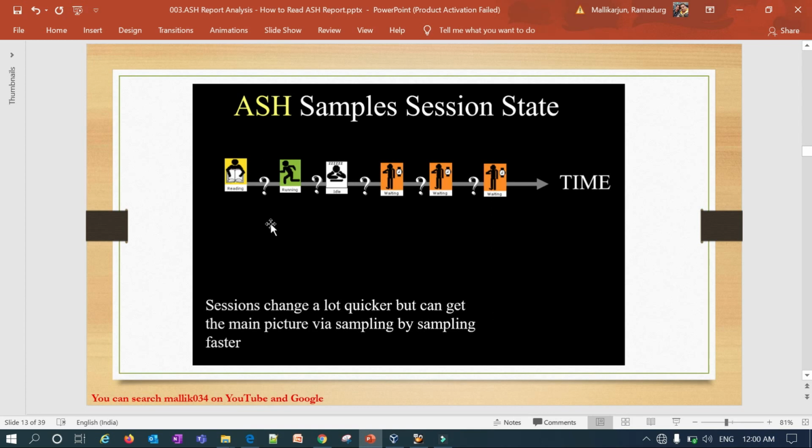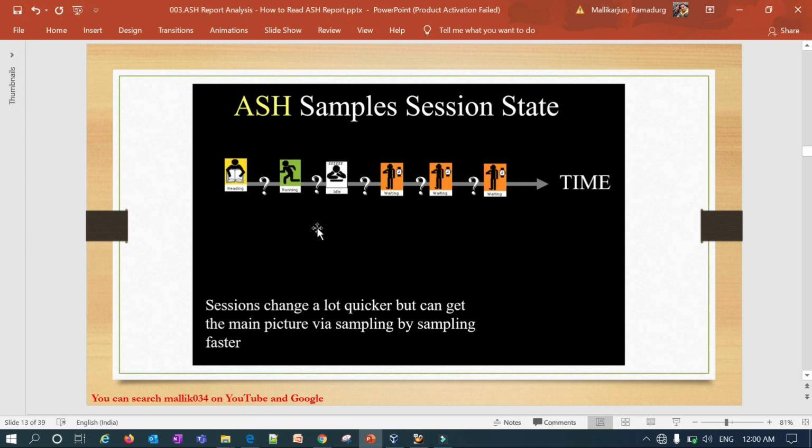If I sample at each and every state, if I sample every second, I can find out whatever the user sessions are doing. If I can sample every millisecond, I can find out even more about what each user session is doing. It all depends upon how frequently you sample, right?